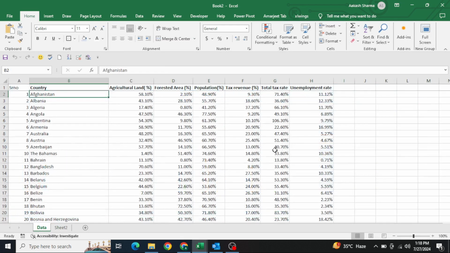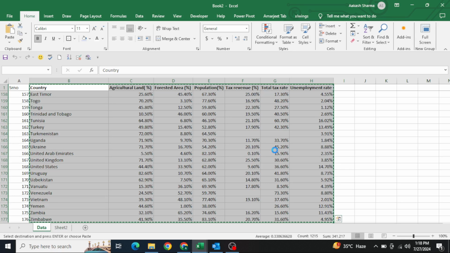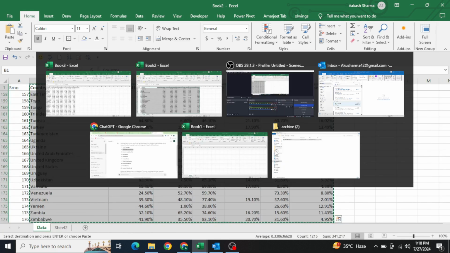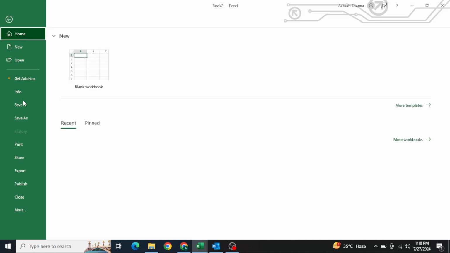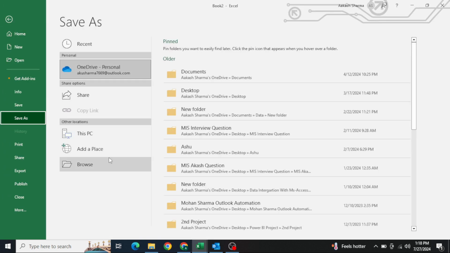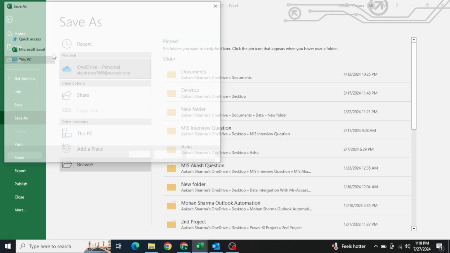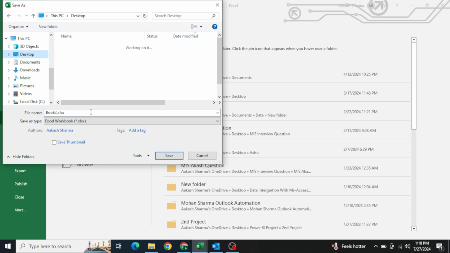I'm just copying the data only, and pasting it somewhere in a blank Excel workbook, and I'm closing it. Let me save it somewhere first. I'm just saving it on my desktop by the name of